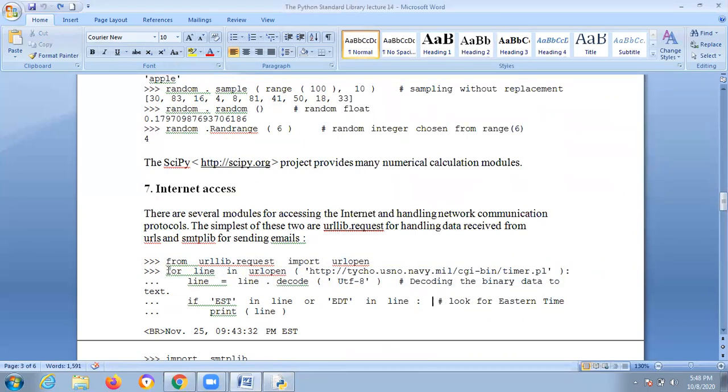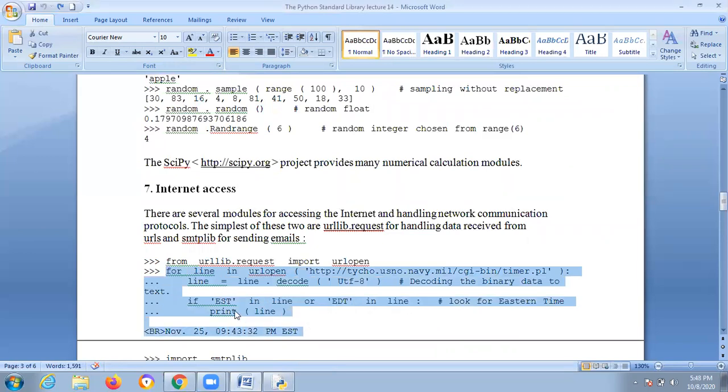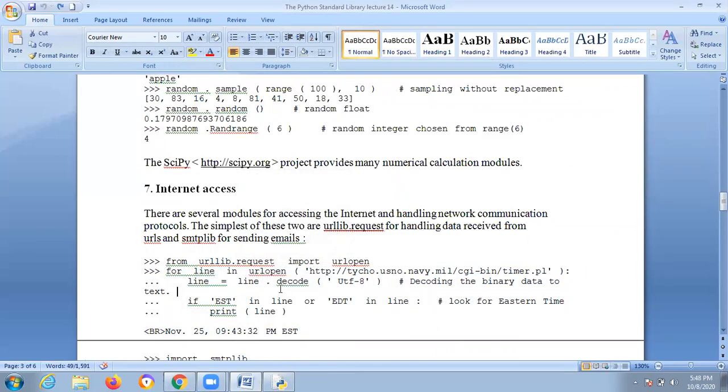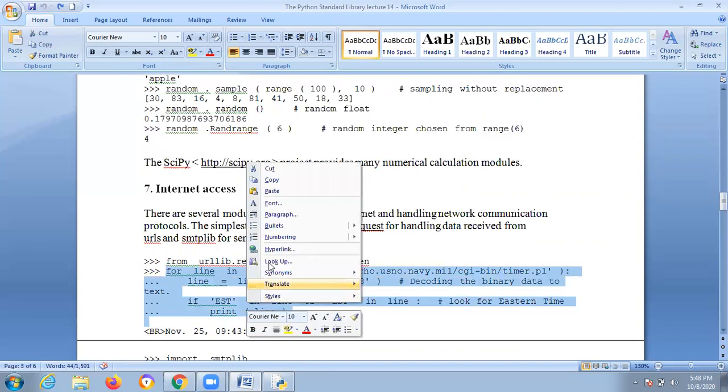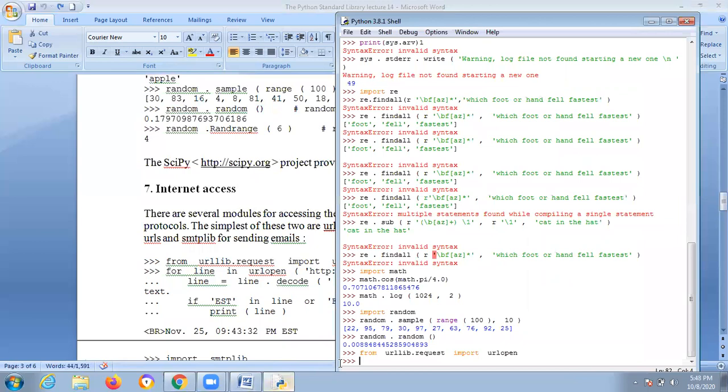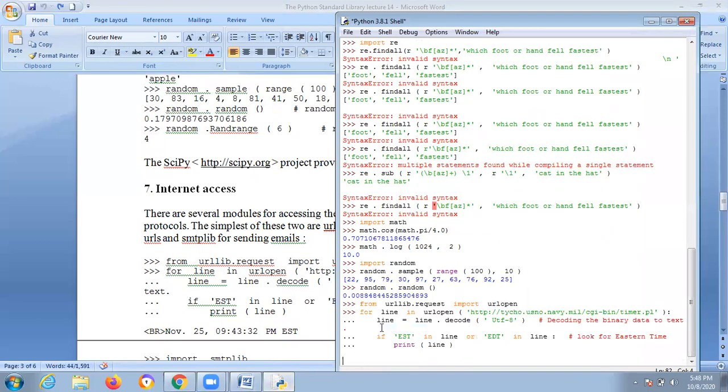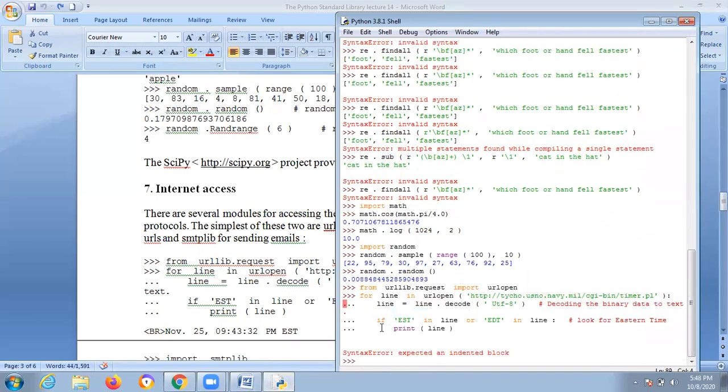For example, you run like this. Some space problem. Otherwise you can run like this also.